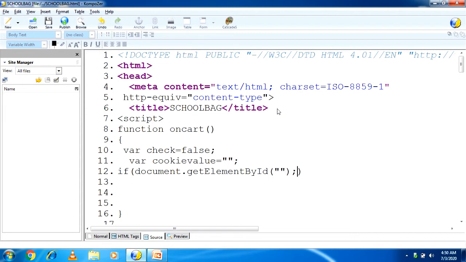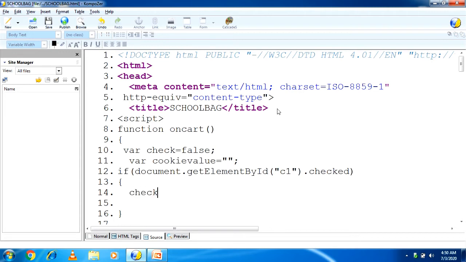So what is my checkbox name, student? The first checkbox name is C1, so I am writing here C1 dot check. If that checkbox 1 is checked, then what happens? That I have to write inside this if statement. So if my checkbox 1 is checked by the user, then what should happen?